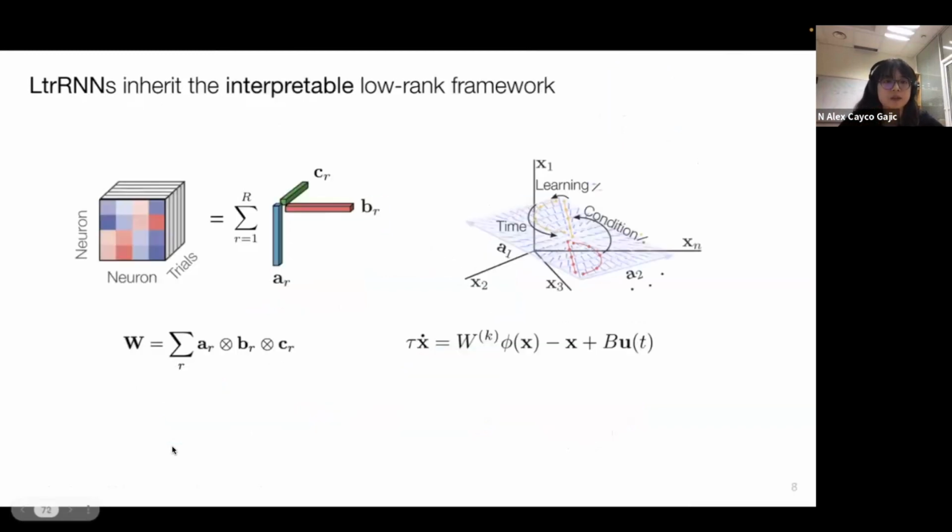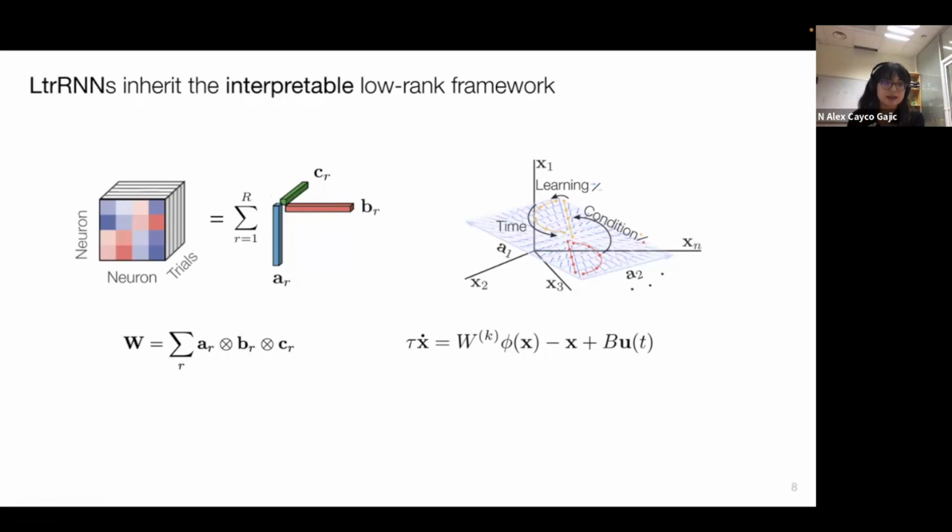Okay, and then what's really useful about low tensor rank RNNs is that at every trial, it's a low rank RNN. So for every trial, you can write it as an outer product of these two vectors with some scaling factor. So that means that it inherits all of the nice things about the low rank framework from Francesca and Surgeon. But in addition, because the C's, these components are just being changed in amplitude from trial to trial,